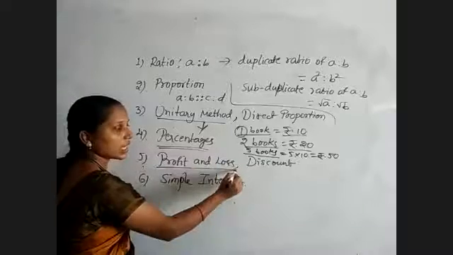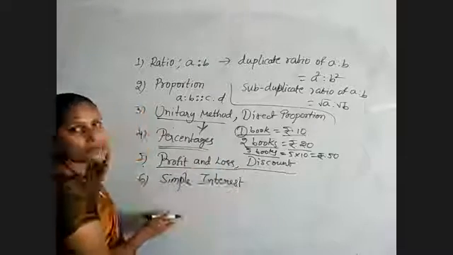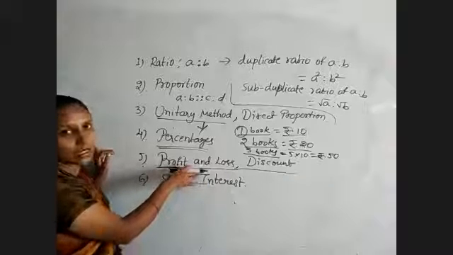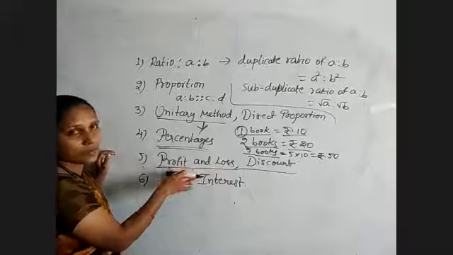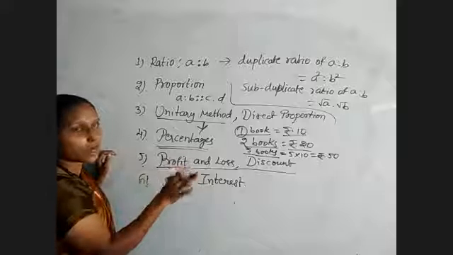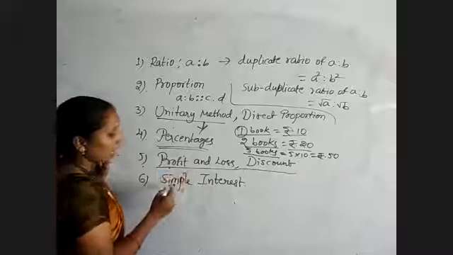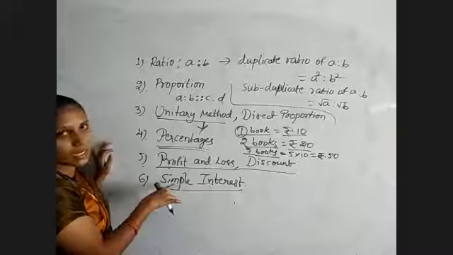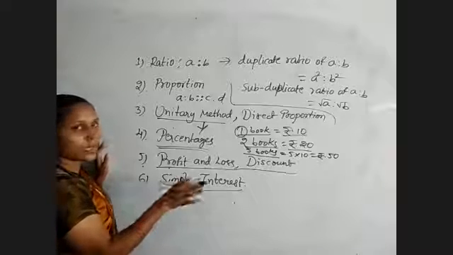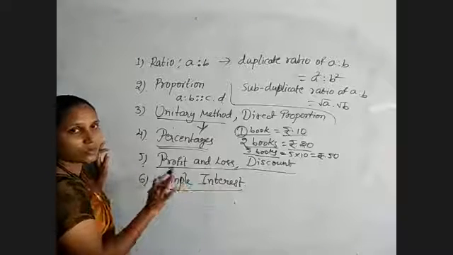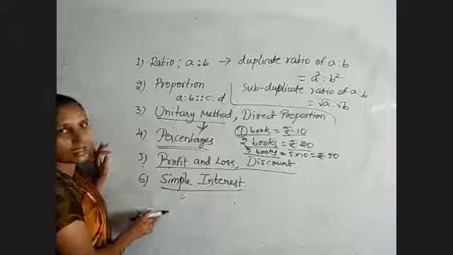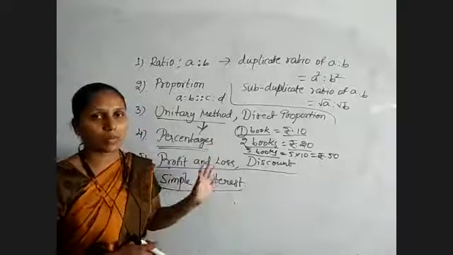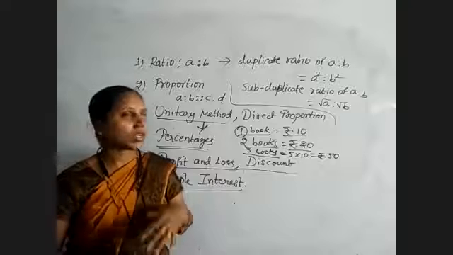In profit and loss, discount, we have simplified several problems. To do any problem, I have listed some formulas for this. All those formulas are very, very important. With those formulas, you can simplify any problem. And after that, simple interest. Here only two formulas are there, for interest as well as amount. That's all. Whatever question they ask, depending on those two formulas only, we will calculate. Okay. So different problems are there depending on all these topics. Whatever we did not discuss, tomorrow we will see.